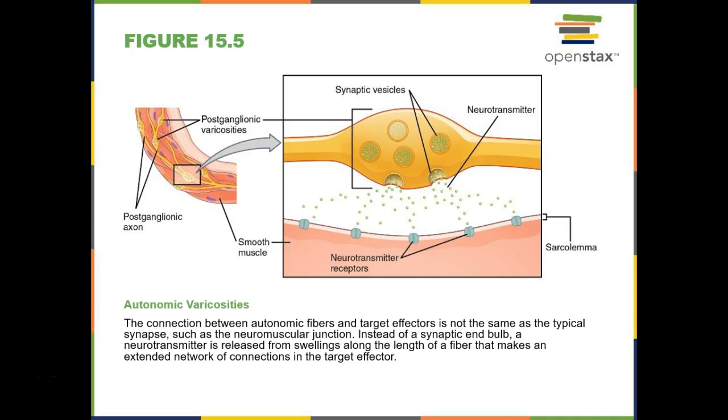When the autonomic division releases neurotransmitters, those neurotransmitters are not just released at the end bulbs. In autonomic nerves, within the nerves themselves, we have these varicosities. These are bulges of the postganglionic nerve, and they have those same vesicles that can release chemicals all along the neuron, and this actually allows us to release chemicals much more rapidly so that we can respond more effectively to potential dangers.